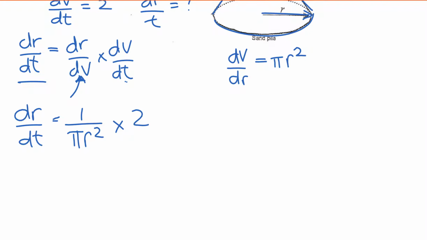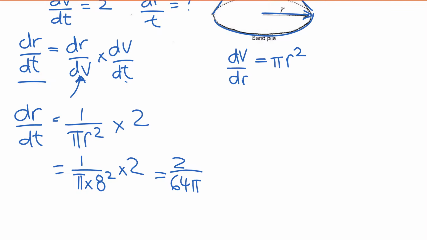So if my radius is 8, yeah. Okay, so this is 1 over pi times 8 squared times 2. That is 2 over 64 pi. Sorry, that's what I meant, not what I said. And then that gives me an answer of,